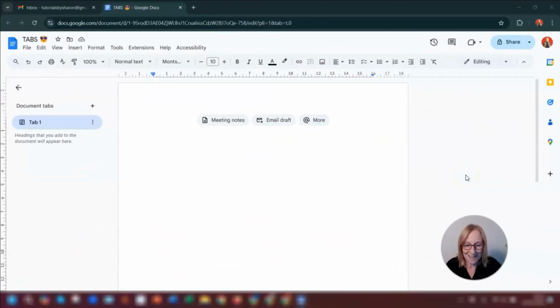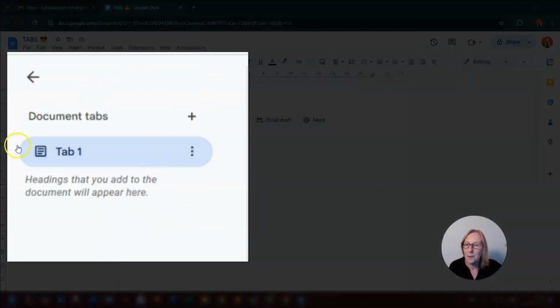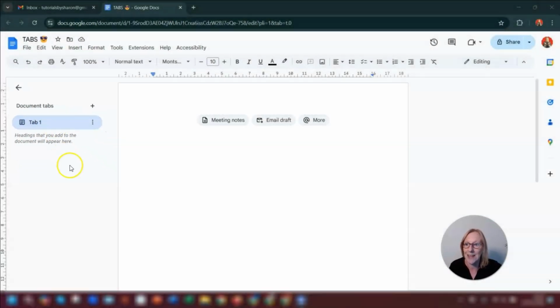So where do you find these tabs? Well, when you create a new document or open up an existing one, over on the left-hand side here is where you'll find the new tab feature. If you haven't set any up before, then it will just say tab 1 like it does here. You'll notice underneath it says that headings that you add to the document will appear here. So the headings that you add in the document itself will be hyperlinked, much the same as they are now when you click into the outline,